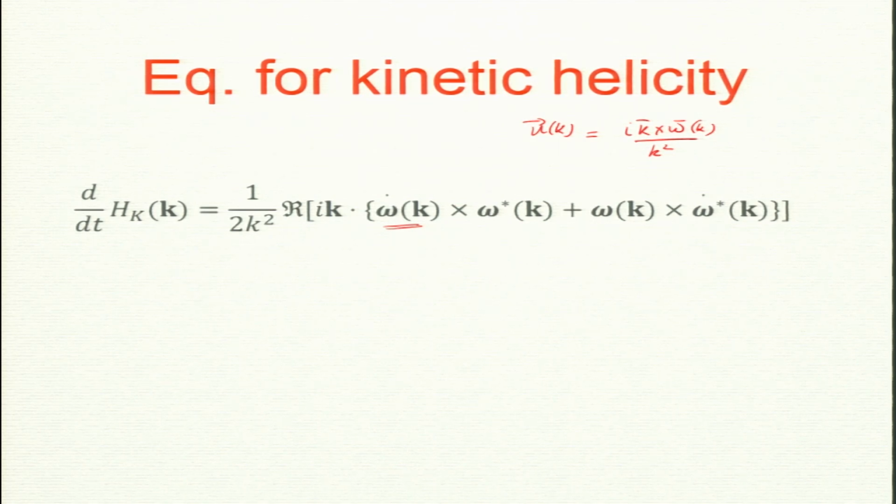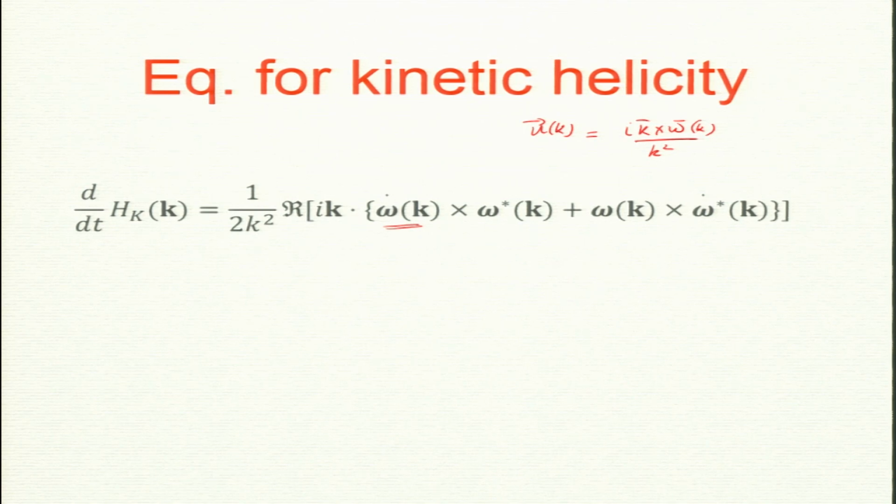So, this is the equation for kinetic helicity. We want to write it as omega omega, okay, there is a reason for it, it will become very clear. So, giver and receiver are omegas. Well, actually it is very hard to say. For kinetic energy we have u_k and u_p, but for kinetic helicity we have u dot omega. So, who is giving and who is taking, right, because it is u dot omega. It is not the same species. That is why it is rewritten in terms of omega dot omega.